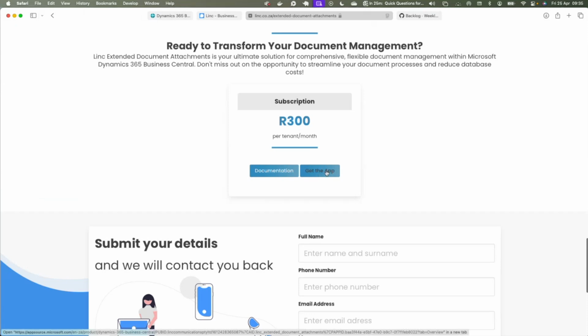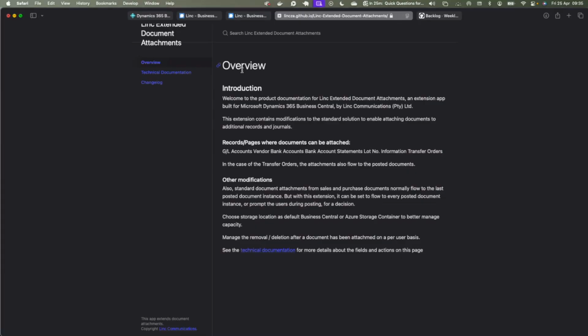I'll show you the shortcut to the App Store now, but first let's take you to the documentation for this app. This will take you to a documentation site.